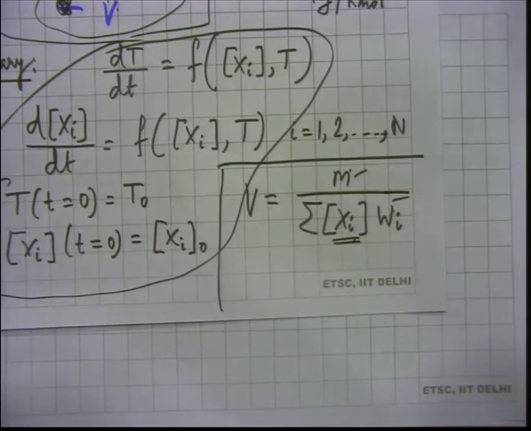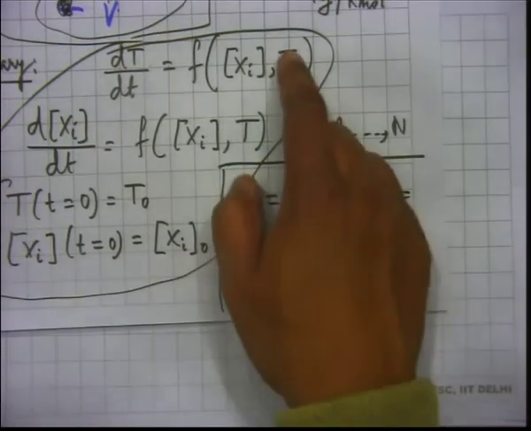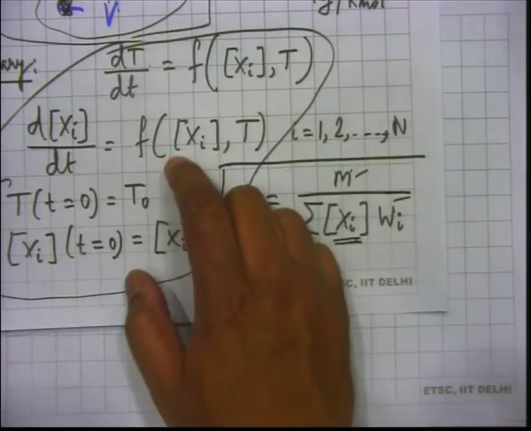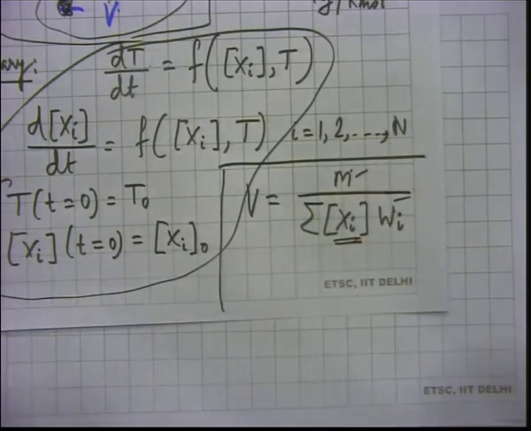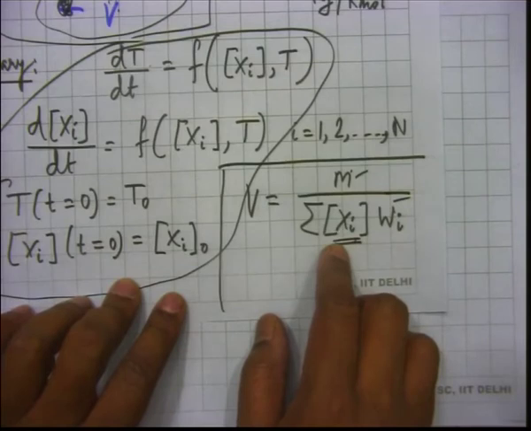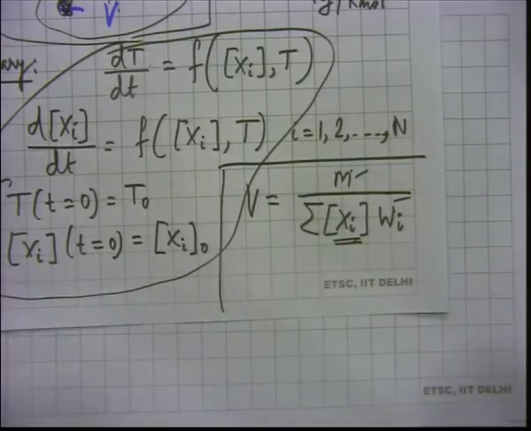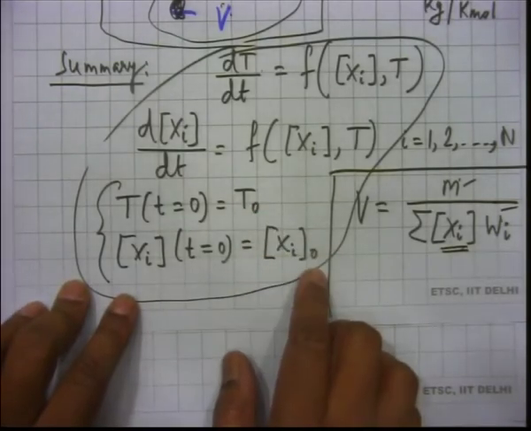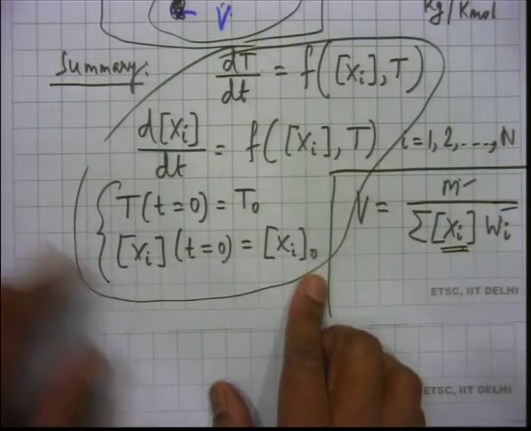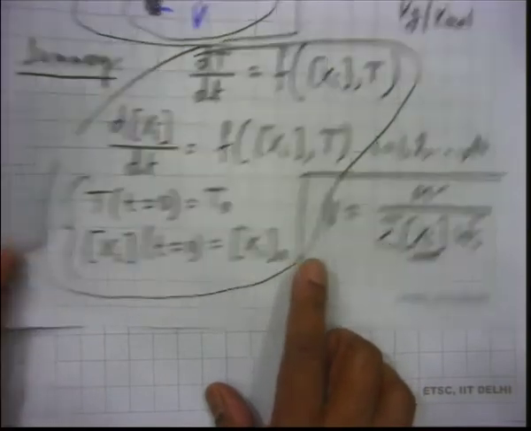Are we ready with as many equations as many unknowns? Yeah. Because we wanted an equation for temperature, so we have got that. We wanted an equation for concentration of xi, so we have got that also, n number of equations. We had that extra thing called volume, but we have in any case related volume to xi. So, this whole system is obtained. We required initial temperature, we required the initial concentrations, we have got that also. So, this is the constant pressure reactor.